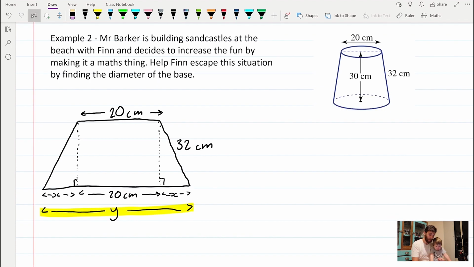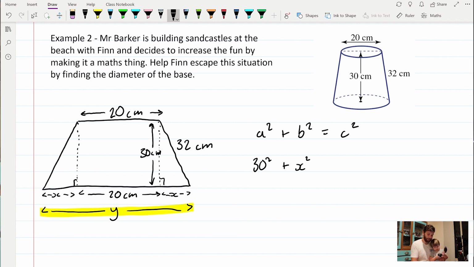Hi. What I do now is work out what the length of X is. So I'll put in my general Pythagoras formula there. You don't have to do this every time, by the way, but I'm just doing it to make it very, very clear what I'm doing. So I've got my base length, and I've got my 30 centimeters here. 30 centimeters squared plus my base length, X squared, is going to be equal to the length of the hypotenuse squared. Okay, so rearranging that, I'll get X is equal to the square root of 32 squared subtract 30 squared,